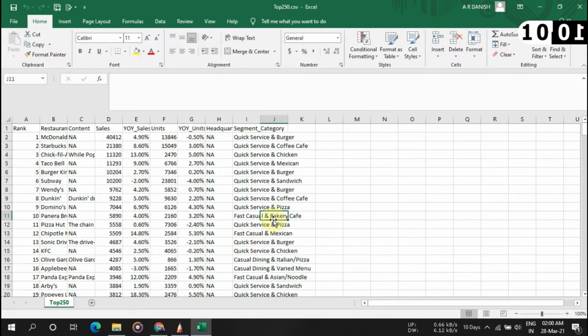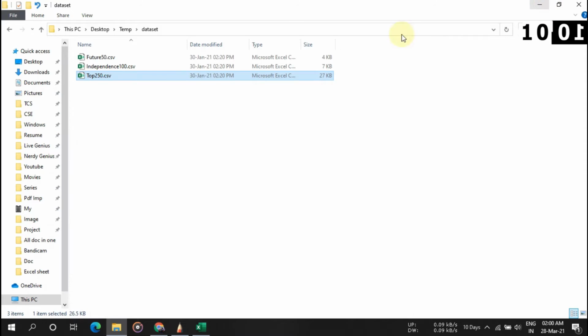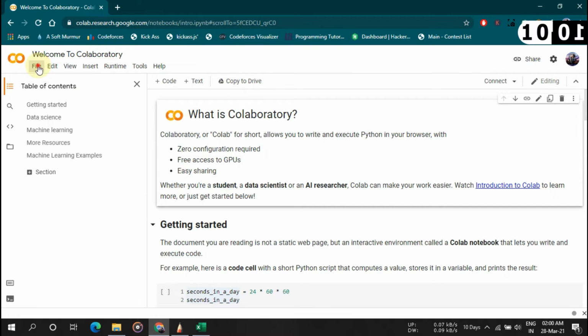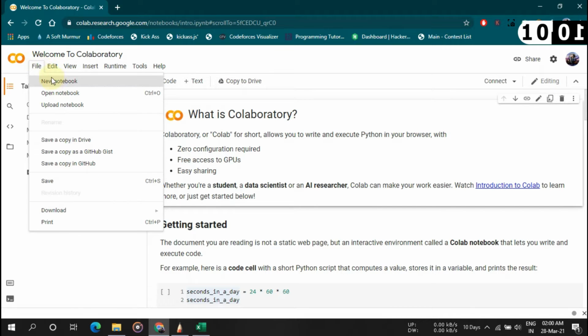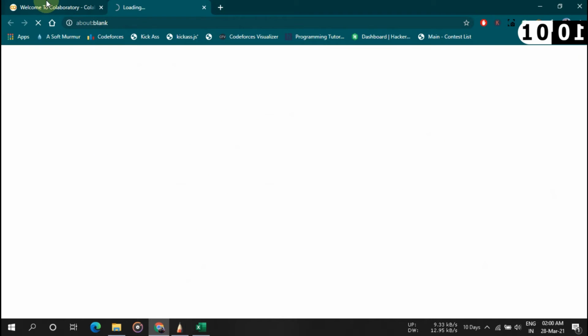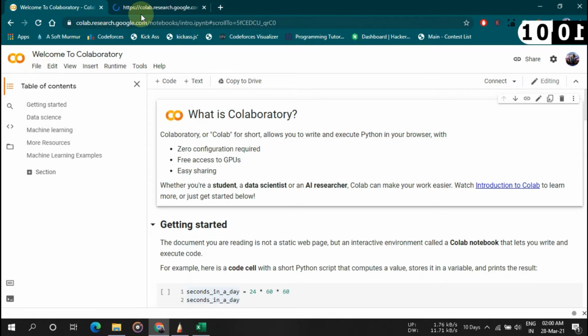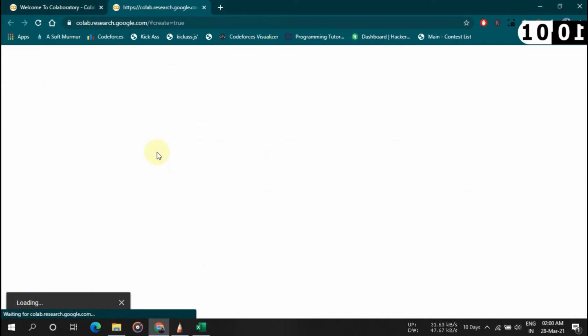I will not be showing everything, like how you can analyze the data. I'm just showing you a brief about how Google Colab works. So let me tell you how you can do that. Go back to your Google Colab. Here you will see File, then just go to New notebook and create your own notebook. If you want to use a previous notebook, you can open your notebook, but you might not have a notebook, because if you are watching this tutorial, definitely you are learning how this works.